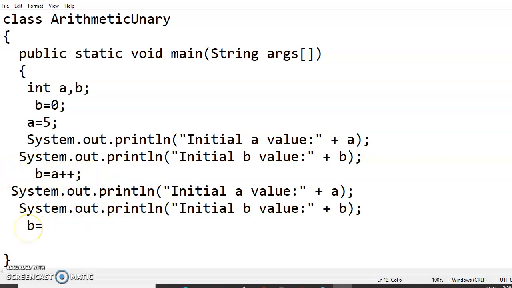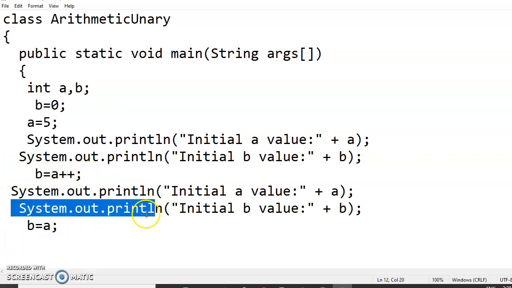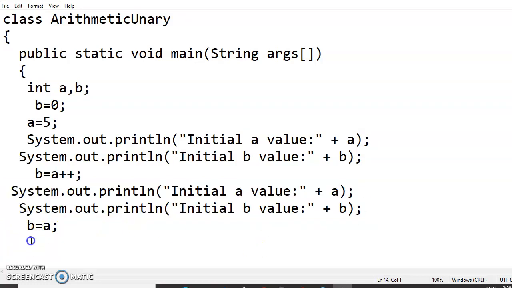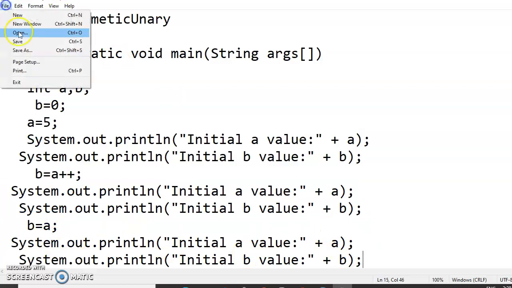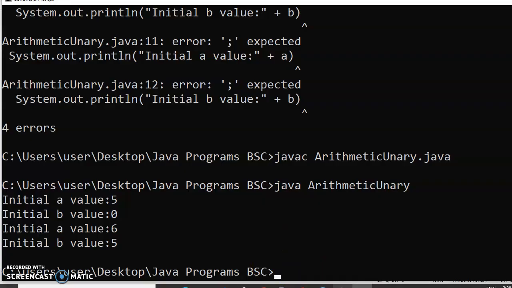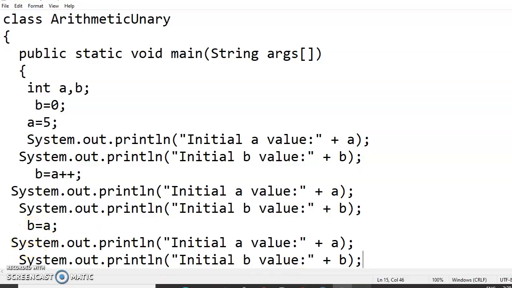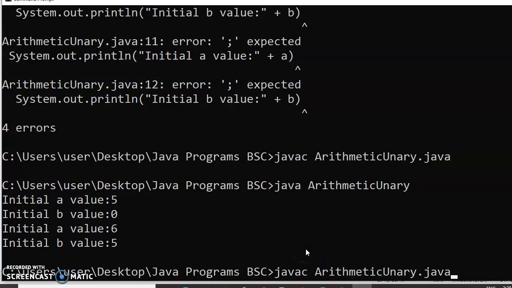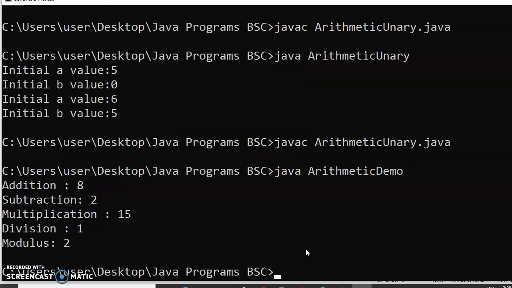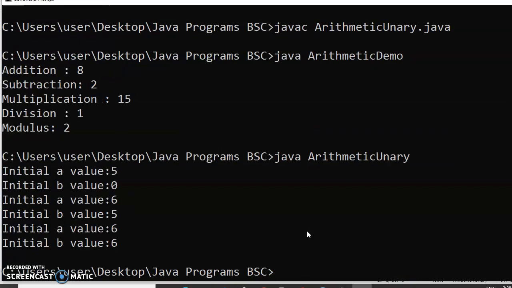If you want, see here, I will write b is equal to a, and then I will print this again. This is a very, very important concept: increment and decrement operators. Let me see what the values are. I assigned b is equal to a, as I have written there. Compile it and execute. Look here: initially a value is 5, b value is 0.